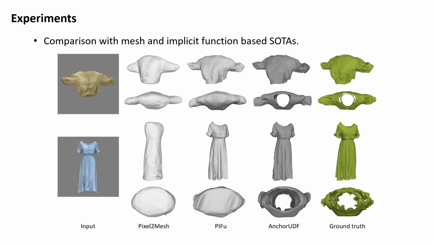This figure presents visual comparison on the DeepFashion3D dataset. Pixel2Mesh, a mesh-based method whose shape is initialized from an ellipsoid, only recovers coarse shapes and cannot handle large deformations of garments. PIFu, using implicit function representation, is able to generate detailed surfaces. However, it can only reconstruct closed surfaces, thus has difficulty handling garment reconstruction with multiple open boundaries. In contrast, our method can not only retain fine-scale geometric details, but also faithfully capture open garment surfaces.